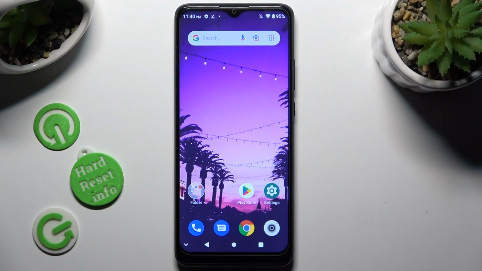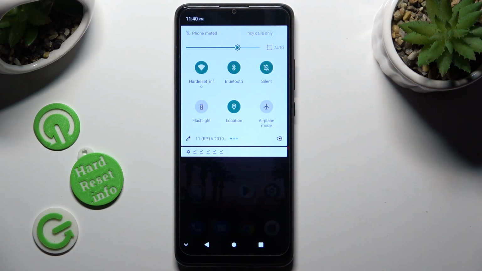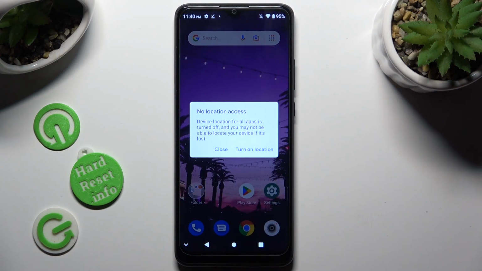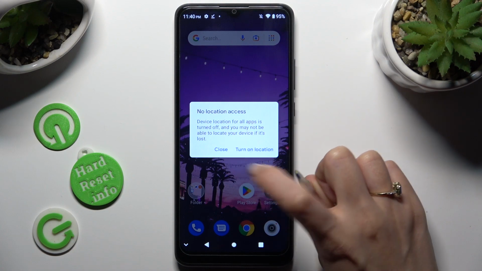First of all, go into Tab menu and look for Location shortcut. When you find it, click on it. Then, to disable location, select Close in No Location Access pop-up